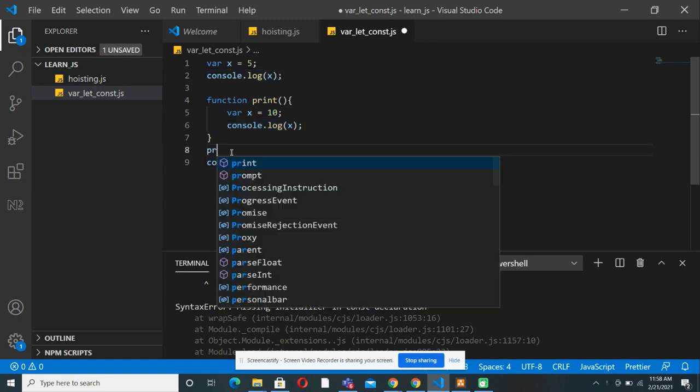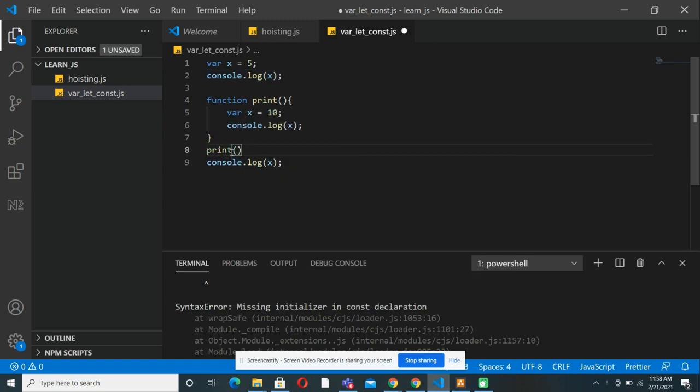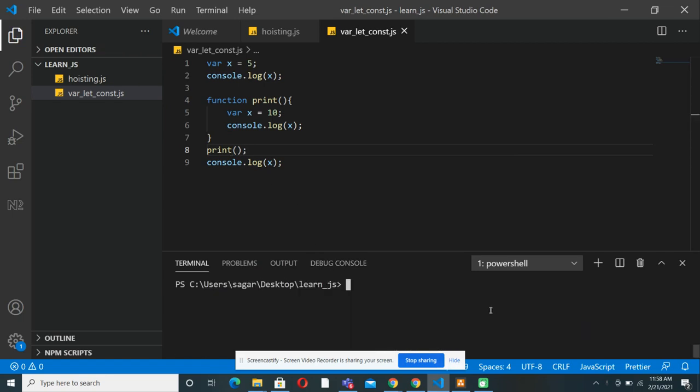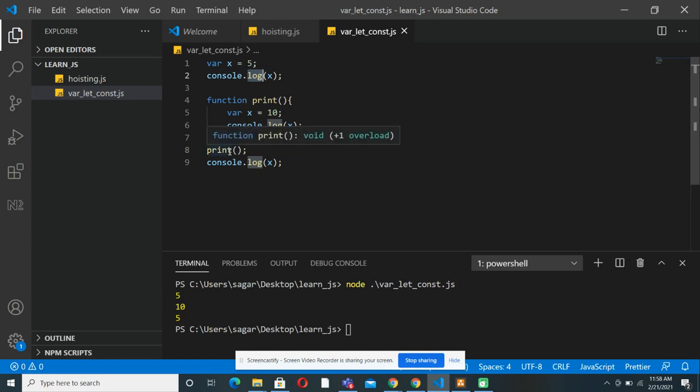So let me call this print function at line number 8, and let's clear the screen and see what happens. So it is printing 5, 10, and 5. So 5 is printed for this line number 2, which is expected. Then we are calling the print function. So the print function has its own copy of x with value 10 initialized, and it is consoling out the 10